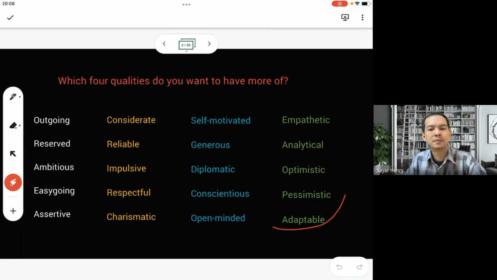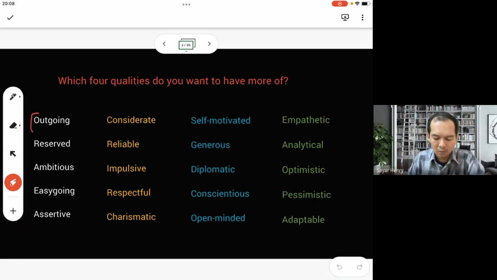These are all adjectives. So the first thing we will do is make sure we know the meaning of each adjective. What I want you to do is we will explore one after another, starting from the first column. When I say outgoing, I want you to rephrase the same adjective in a different way. If you know a synonym, or if you know how to express this adjective in more words or easier words, then you can do so in the chat. So let's just start with outgoing, okay?